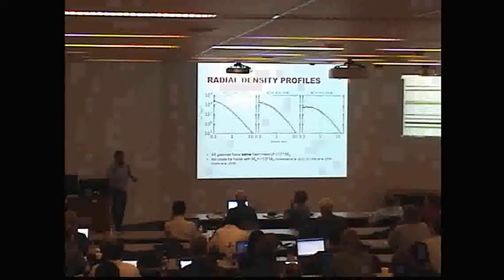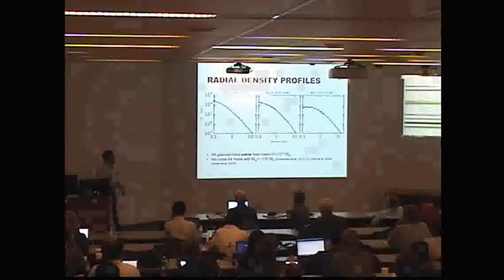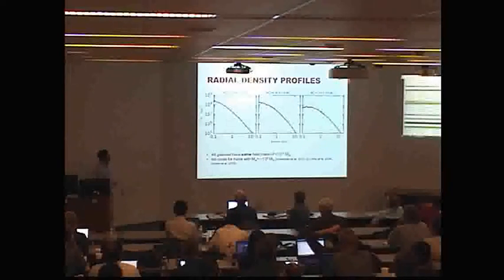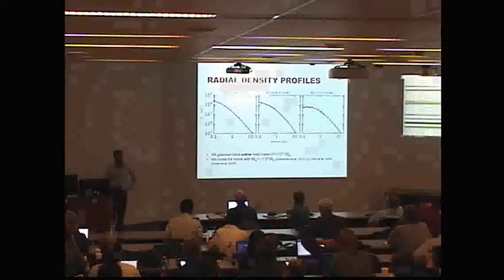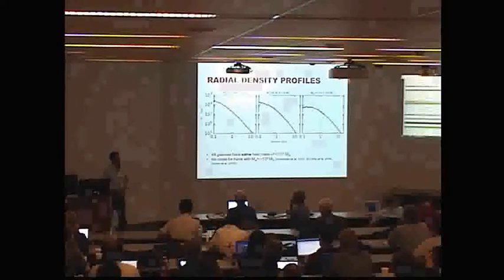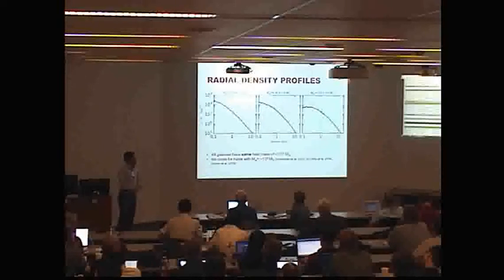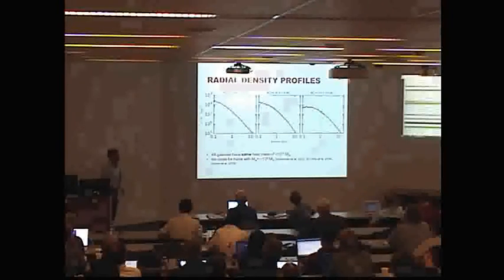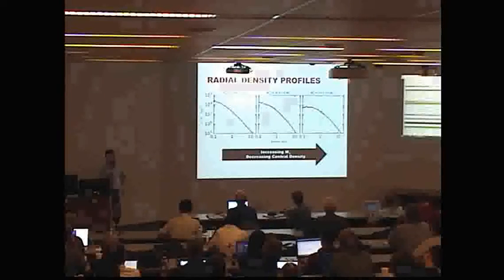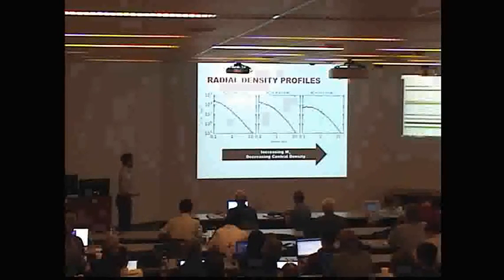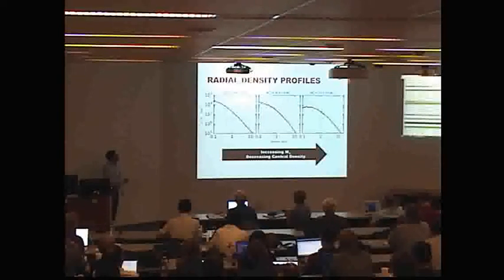Now, I've also noted the stellar mass of these halos at the top here. And so I really want to stress that these all have roughly the same halo mass, and that we are not finding cores for galaxies that have less than 10 to the 6 solar masses. And so this is a result that has been seen in the literature before, so this is encouraging. But once we get beyond this threshold, this 10 to the 6 solar masses, we see that increasing stellar mass corresponds with a decreasing central density, a greater reduction in that central density.